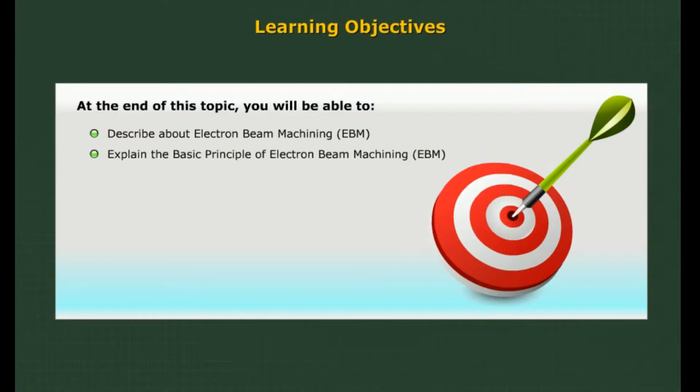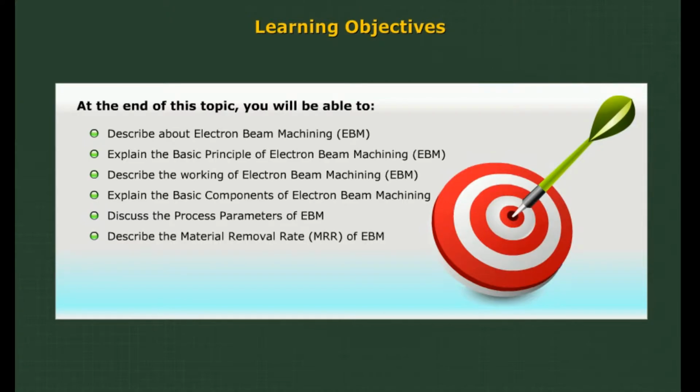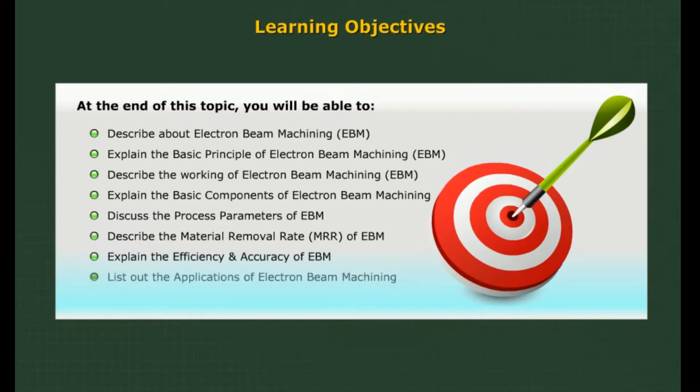explain the basic principle of electron beam machining, EBM, describe the working of electron beam machining, EBM, explain the basic components of electron beam machining, discuss the process parameters of EBM, describe the material removal rate, MRR, of EBM, explain the efficiency and accuracy of EBM, list out the applications of electron beam machining, list out the advantages and limitations